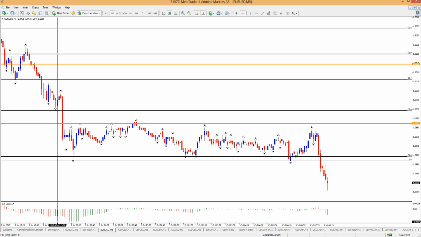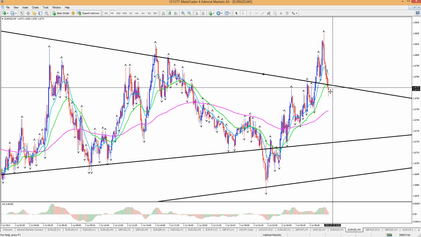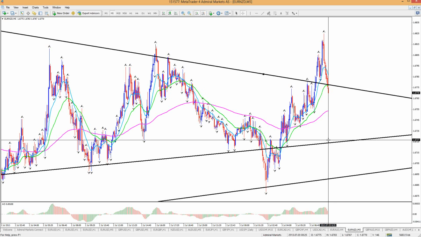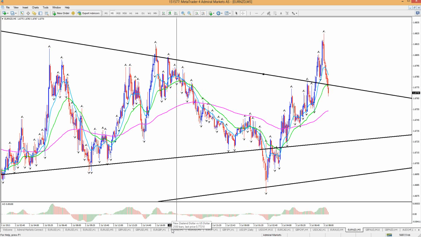Pound dollar Swiss, and Euro New Zealand. Those are the ones we've looked at so far. All right, just a quick recap. You see it's still pushing through. We'll probably get a bounce, but as I said, I'd rather wait for that. So those are the 5 we've looked at so far. I just want a quick summary for you so I'm not confusing you.